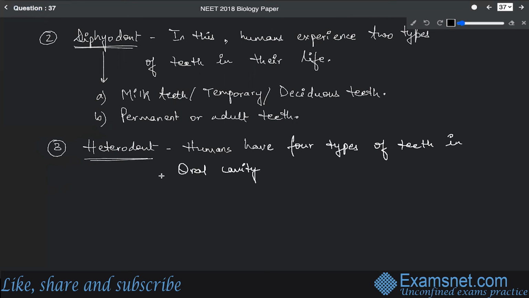That's why it is called hetero, that means four different types of teeth found in their oral cavity. And these are incisors,